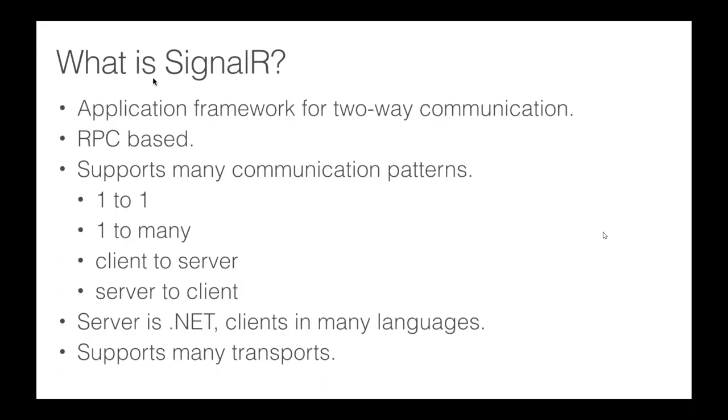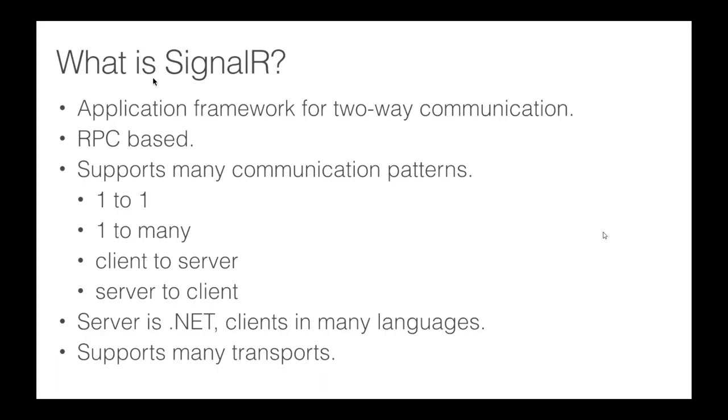There's a lot of user experiences that we use today that are more dynamic, more proactive, and more real-time. We tend to use the word real-time to describe something that's not request-response, at least within the bounds of the web. So SignalR is an application framework that's useful on its own for building those kinds of experiences that require two-way communication between a browser and a server, and require that kind of communication to be done